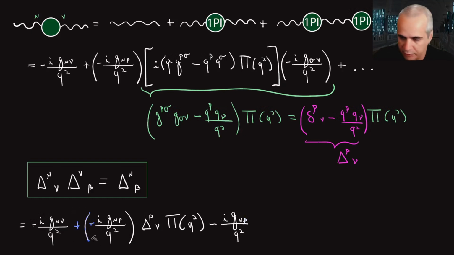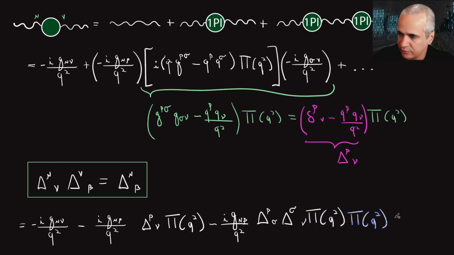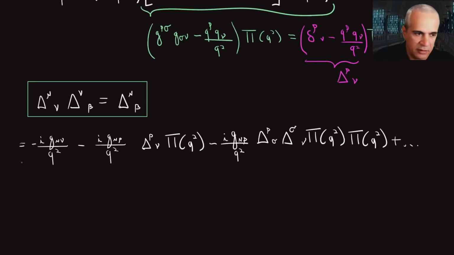Again, now I think I can remove this, just make it clearer, right? Then I'll have two deltas, right? Delta rho sigma delta sigma nu, and then I have pi of q squared twice, right? I can rewrite the whole series as powers in delta, but since delta satisfies this property, this will become just this guy that's just repeating,